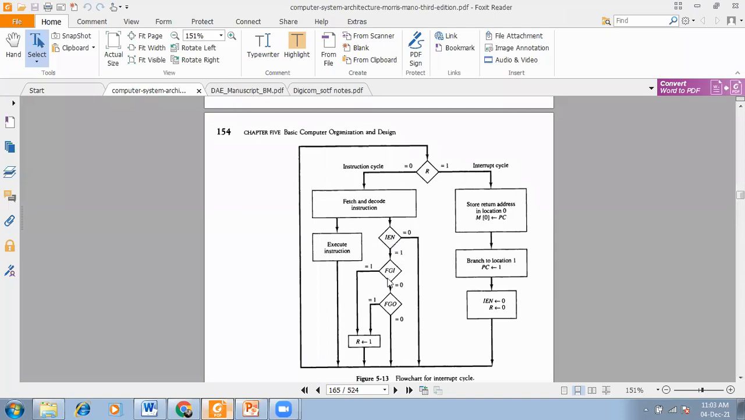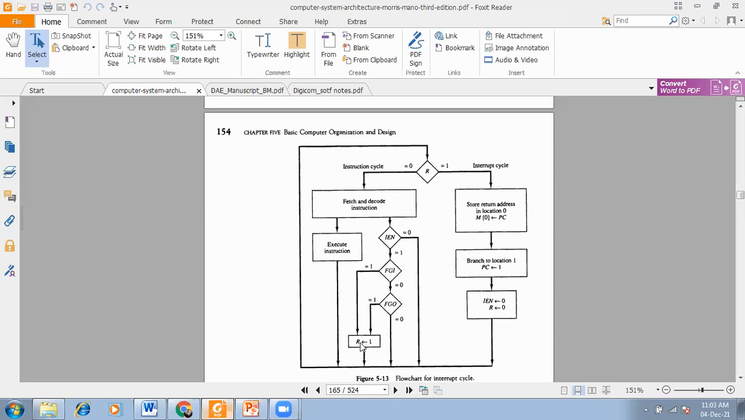So now you have to check the FGI flag, whether it is 0 or 1. If FGI is 0, that means you can't take the input data. If FGI is equal to 1, it means you want to send the data to the accumulator. So if FGI is equal to 1, then see here,